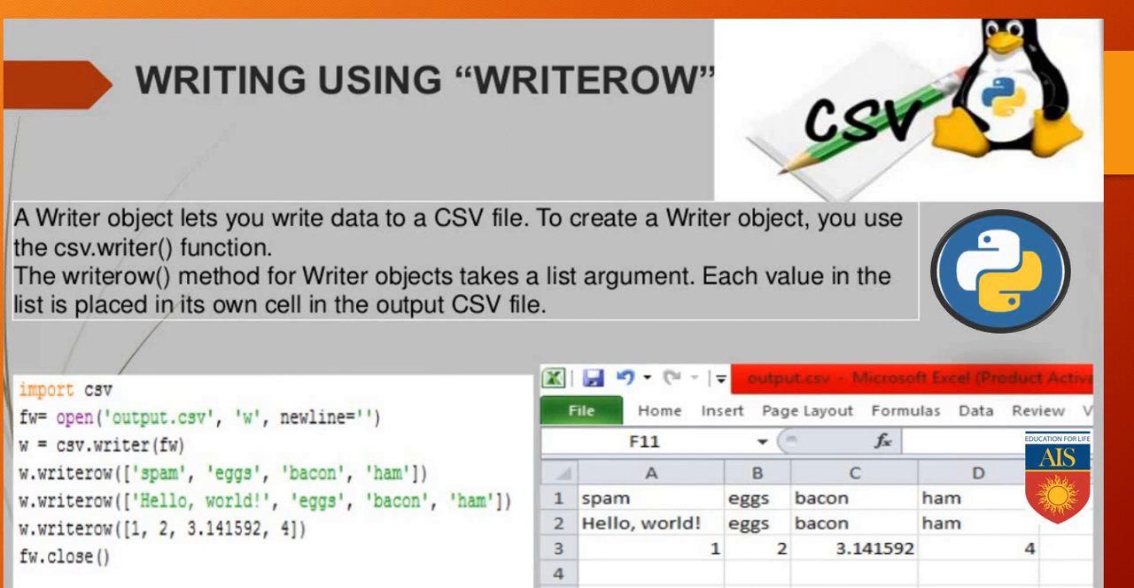A writer object lets you write data to a CSV file. To create a writer object, you use the csv.writer function. The writerow method for a writer object takes a list argument. Each value in the list is placed in its own cell in the output CSV file. Here we can follow the example. Left hand side is your actual command using writerow, and on the right hand side you can see